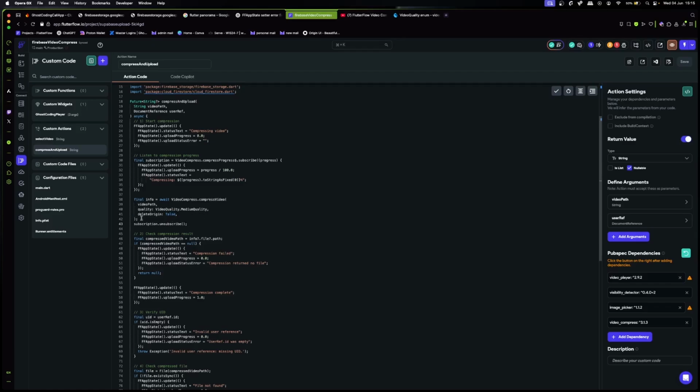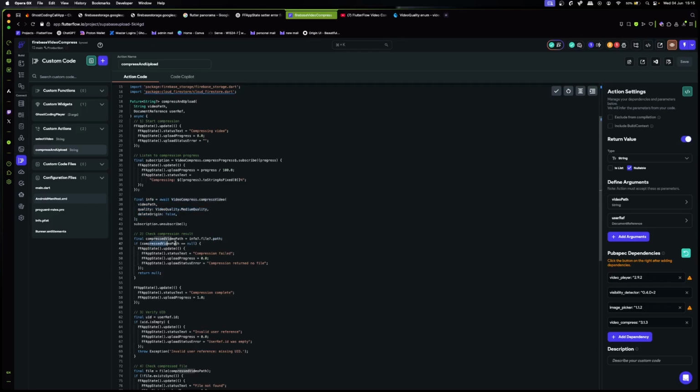So here we will then do the actual compression. We're specifying how we want to compress it, and then we're just specifying that we want to unsubscribe from the subscription to track the video compression state. So now we can say the final compressed video path is equal to info.file.path, right? So we need to know that this info is that file and the path of our temporary compressed file.